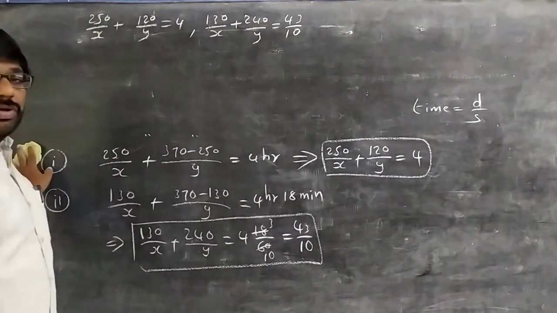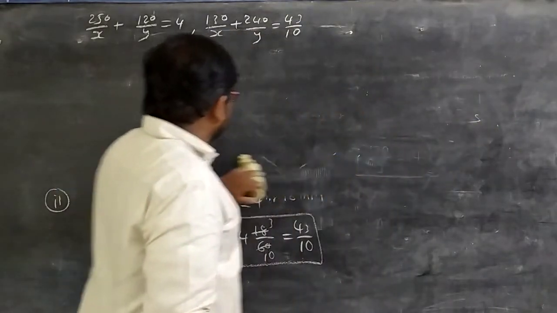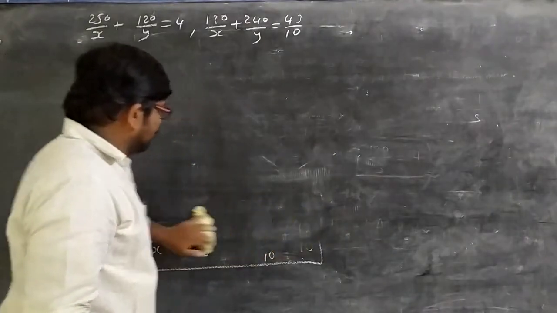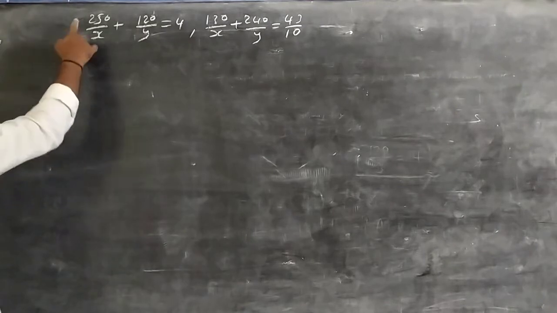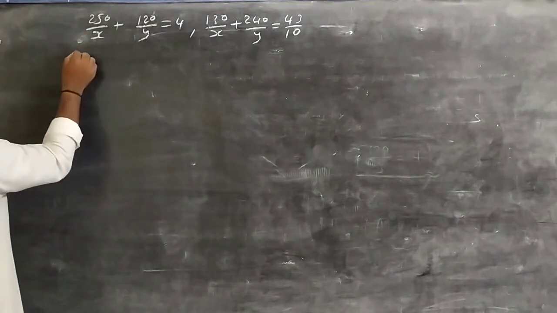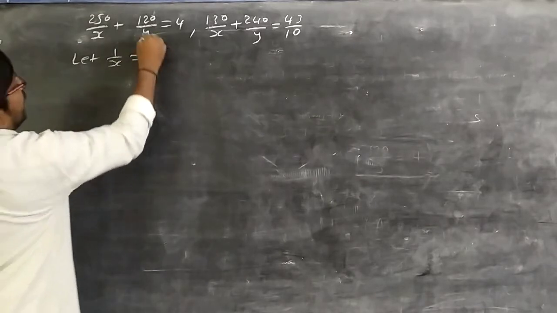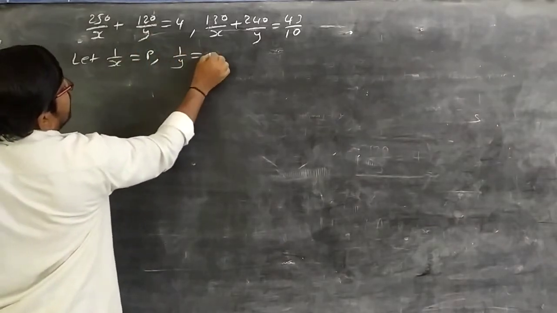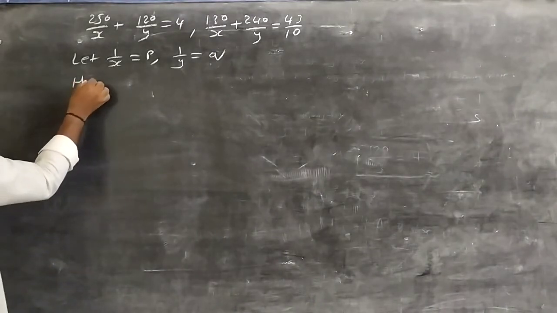Right? Now, these two equations convert into a pair of linear equations. So, let 1 by x be p and 1 by y be q. So then the equations will become